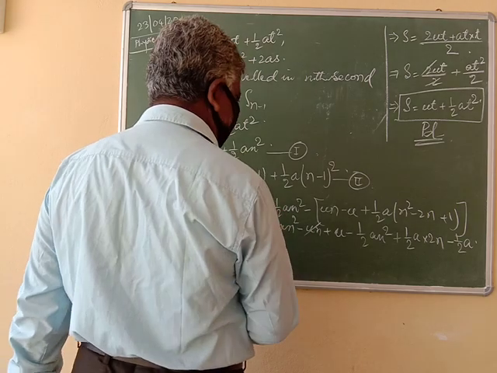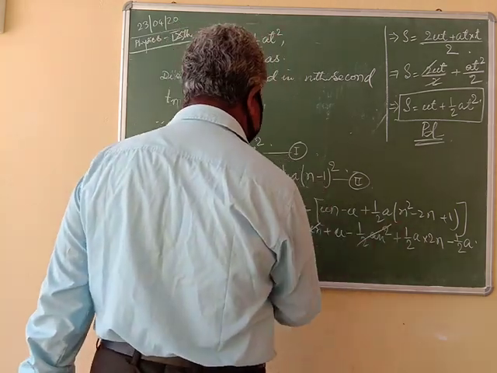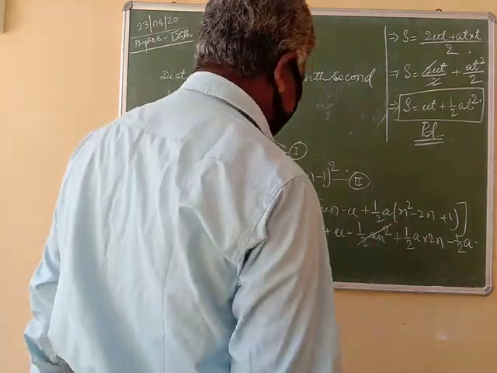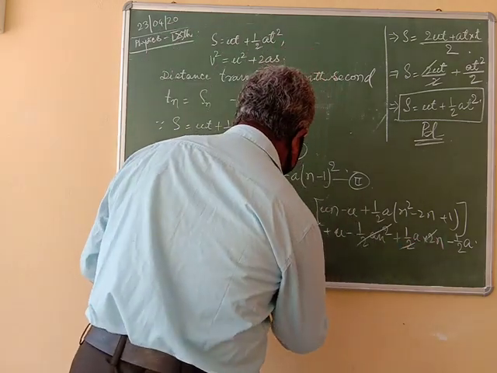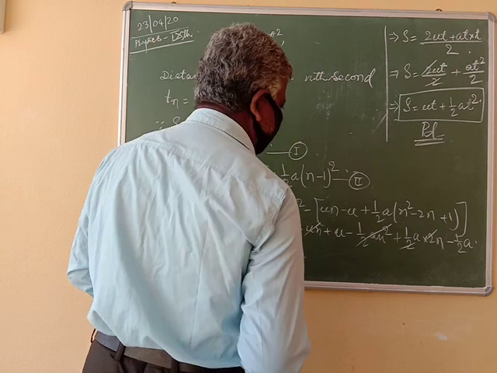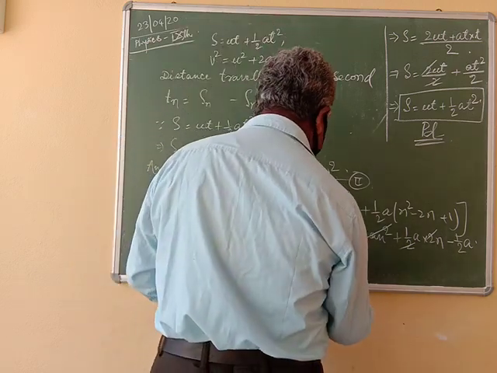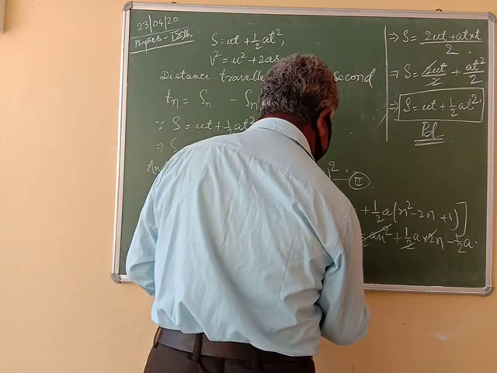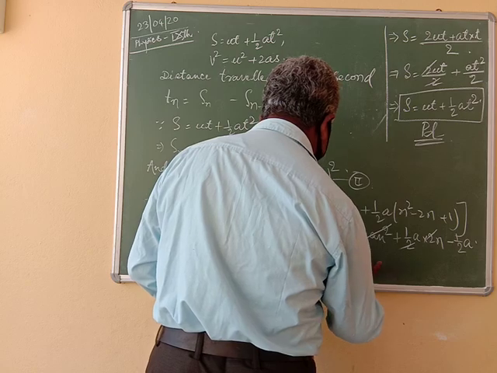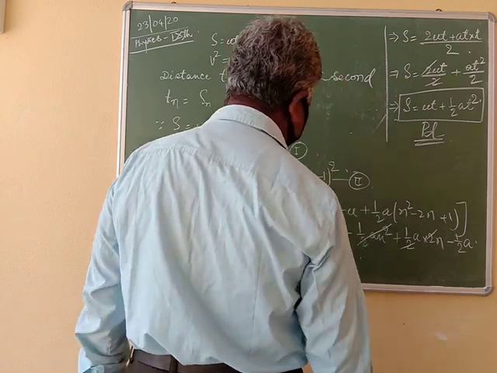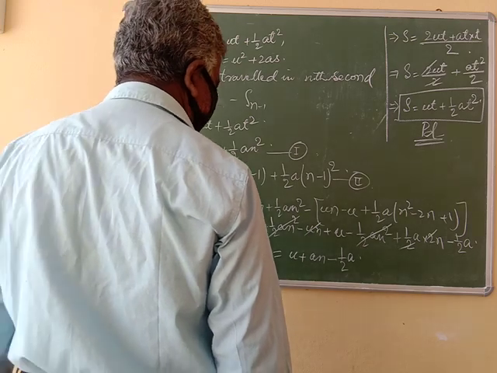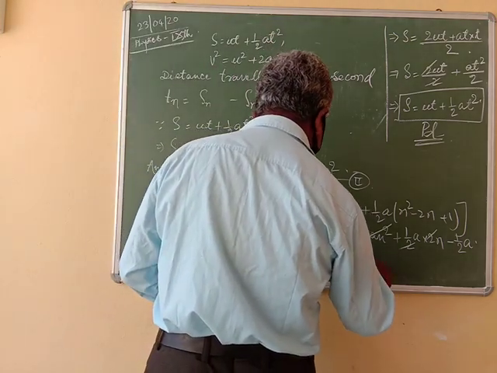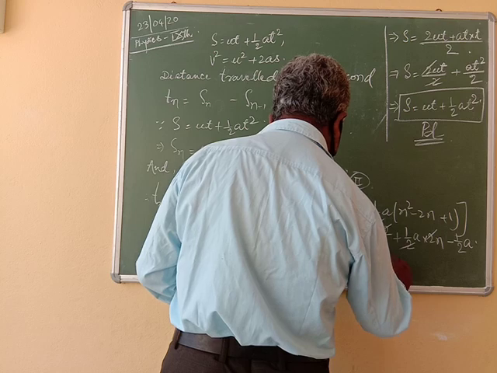Now this one is equal to u plus an minus half a. Or it can be written also u minus